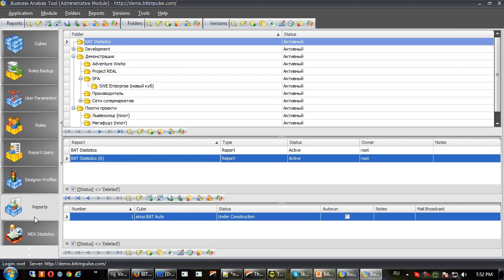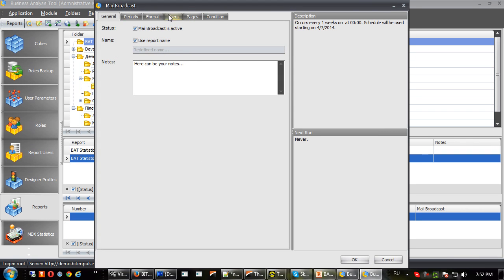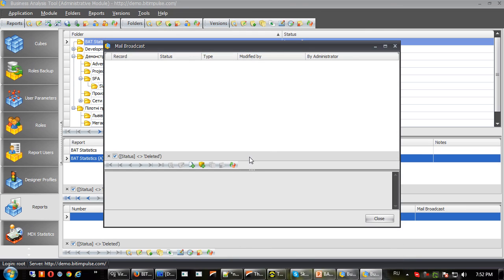And of course, the administrator can subscribe people to receiving reports by email in such a way that when the administrator subscribes users, those users cannot unsubscribe. This is done intentionally so that you are totally sure that all the people have received their reports on time when you know that they need those reports. Together with sending reports by mail, there is functionality for sending local cubes by mail, etc. So we can continue